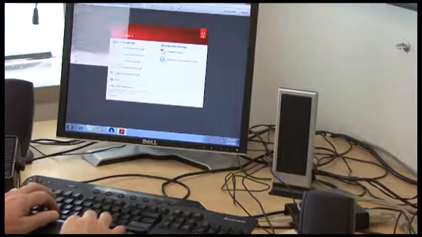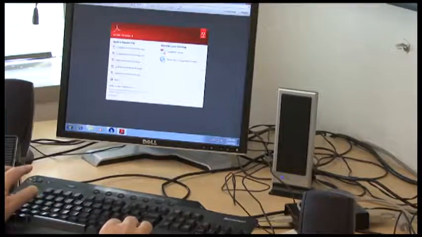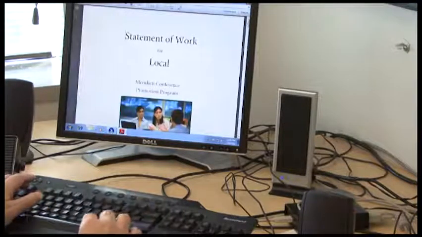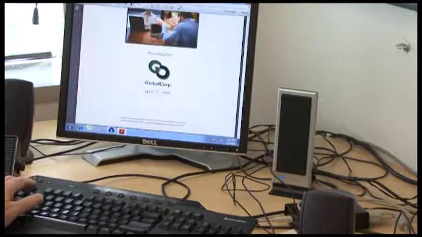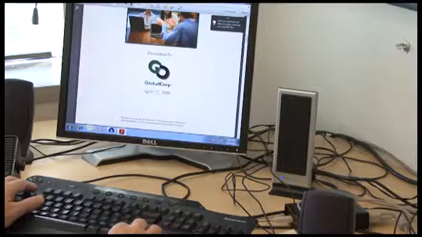Alt F, menu, file, 1, menu bar, leaving menu bar. Global Corp graphic page has 24 headings and 12 links. Graphic Global Corp heading level 3D. Global Corp. What I would normally do when I get into a document for the first time, I go up